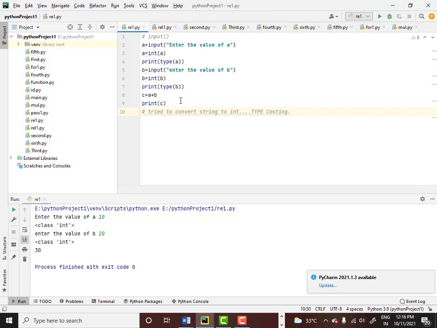So always remember, whenever we use an input function and try to get the input from the user, that input function will always get the value as a string. So if you have to do any arithmetical calculation, you cannot do it on a string. So you have to invariably convert that string data type into an integer data type. To do that, you make use of a function called an int function. So is this concept clear?